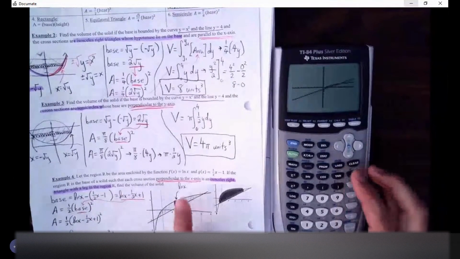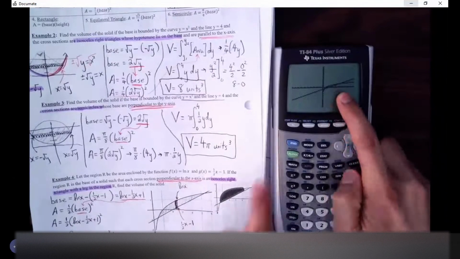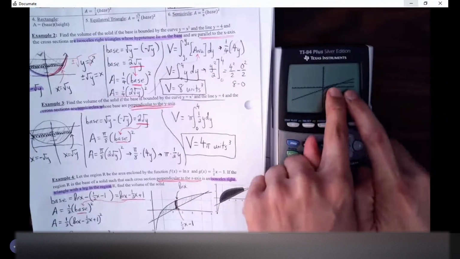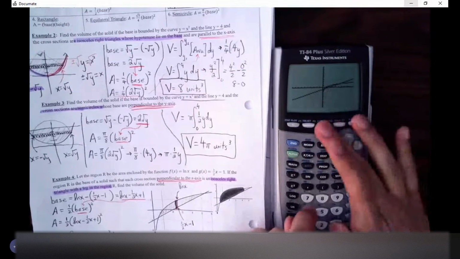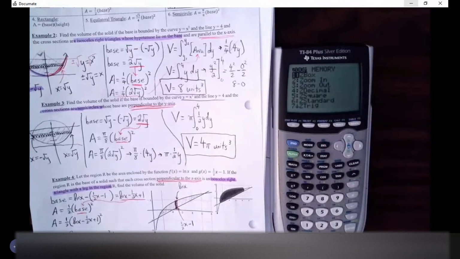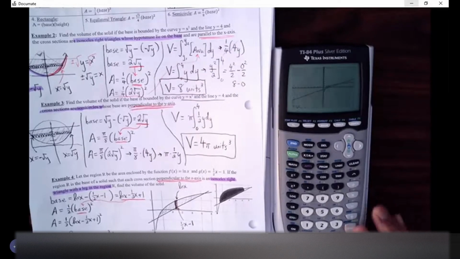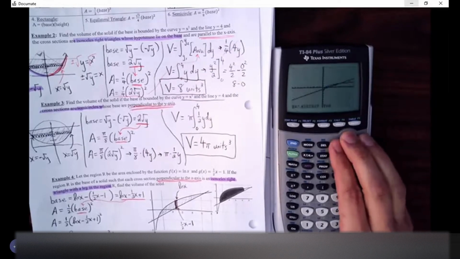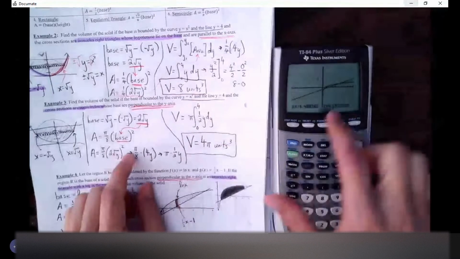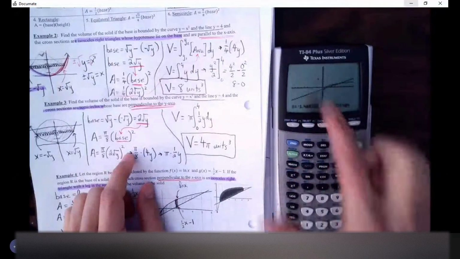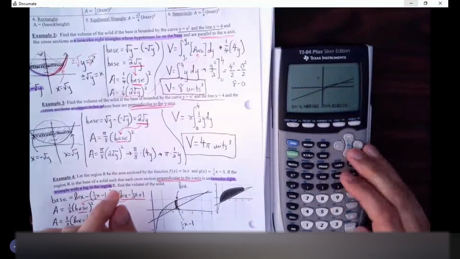All right, so we see that shape taking place. What I have in the calculator is not as clear as I would like it to be because I'm a little bit zoomed out. So I'm going to zoom in a little bit. I'm going to go to zoom box. If I do zoom box, I'm just going to be able to create a box around that region that I want to look at. So I have a blinking cursor. I'm going to move that cursor to where I think is the upper corner of where I want my box to be. So I'm just going to create a box right in this region here. So maybe I'll go a little bit higher. Hit enter